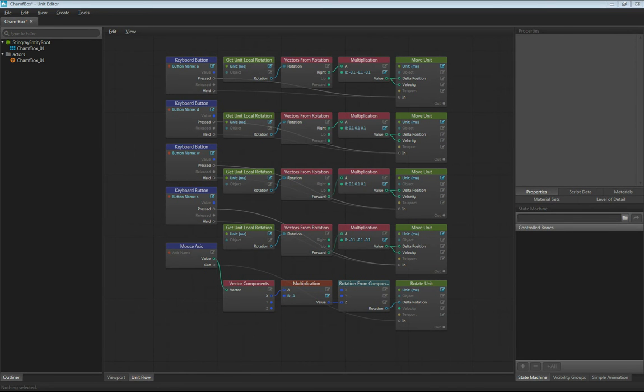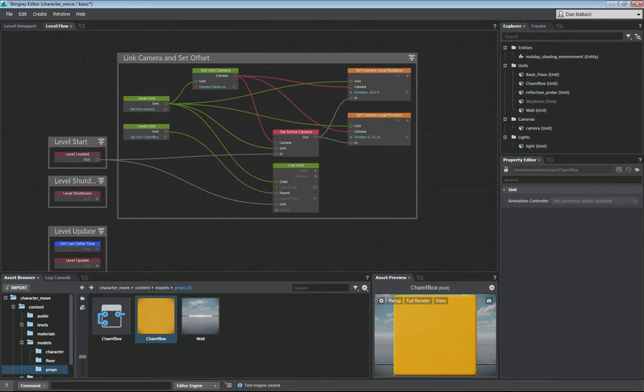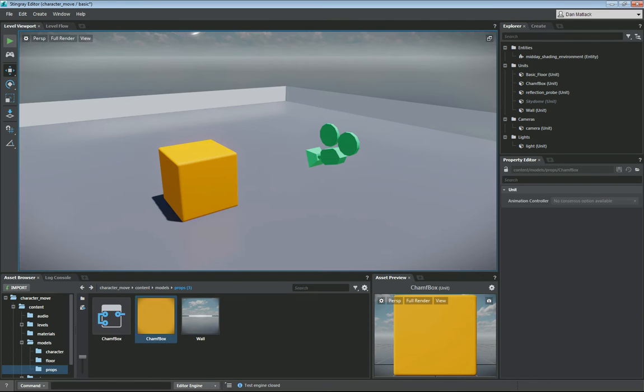So the last thing we want to do before we test is we want to make sure that this mouse axis is set. We're going to set that to mouse. So now that that's set, we can save our unit here. We go back, we have our unit flow which is set up, we have our level flow which is giving us our camera. So now when we hit play,